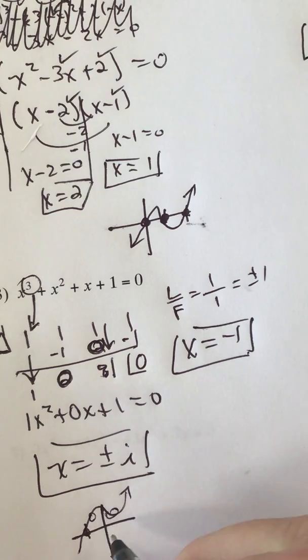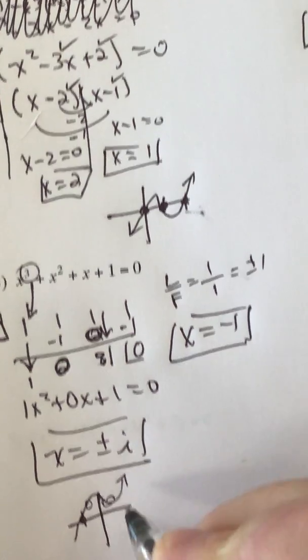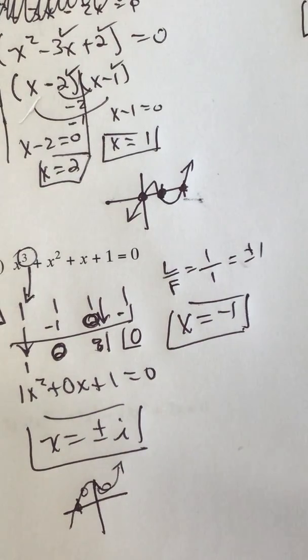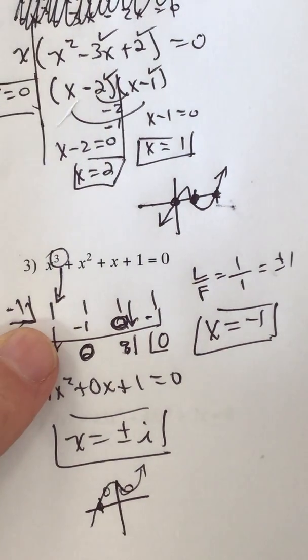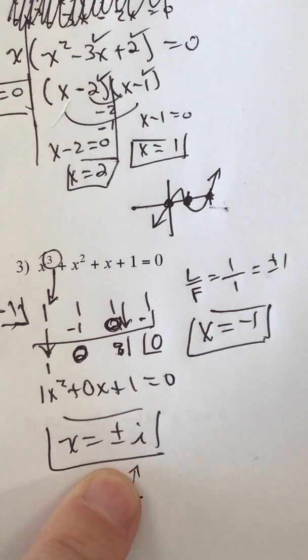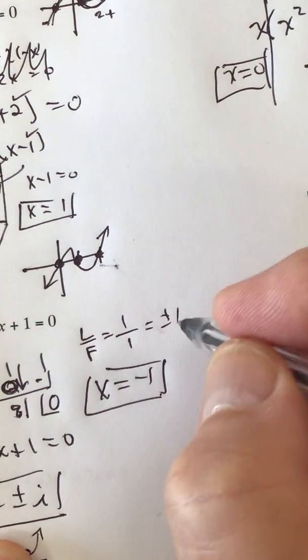Well, that's actually not where they would be, but you don't have to care how to graph those yet. Okay, so I say there's a couple ways. One way would be the rational root theorem: find one, get to the quadratic formula, use your calculator. The other way for this one